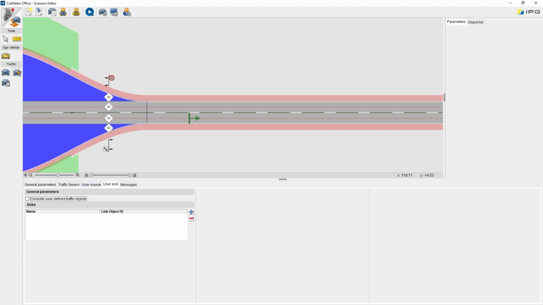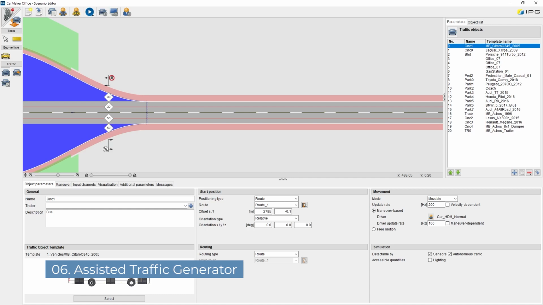The user sink menu is then set up and structured in the same way as the user sources, but only in the context of the sinks. For simulations with a large number of traffic objects with no specific maneuvers, random autonomous driving traffic objects can be generated in a scenario based on stochastic calculations. This method is very simple and requires only minimum input to generate functional traffic objects. The generated traffic objects are added to the traffic object list. They then have only default values, and these objects can be used as a basis for larger traffic simulations. All parameters that are available in the traffic object definition can then be adapted.